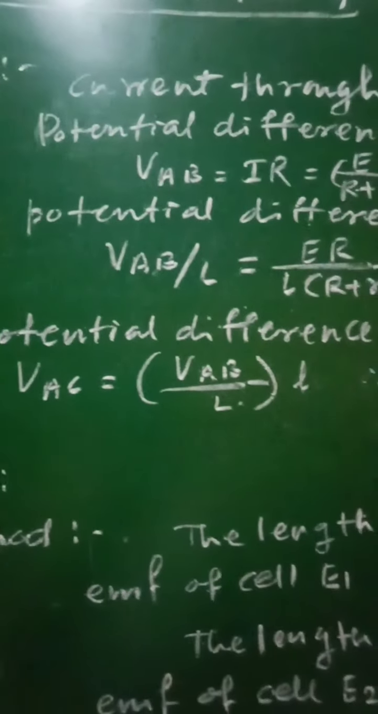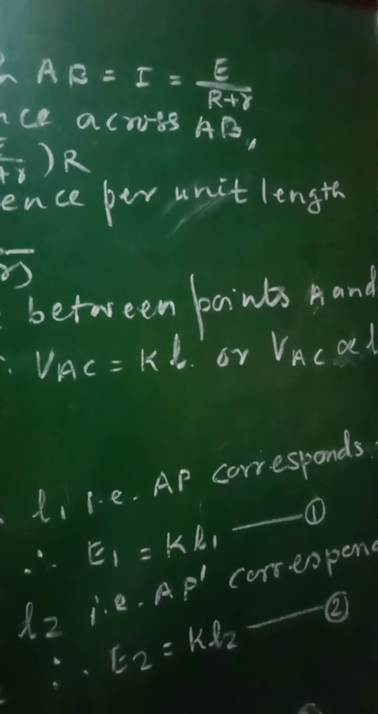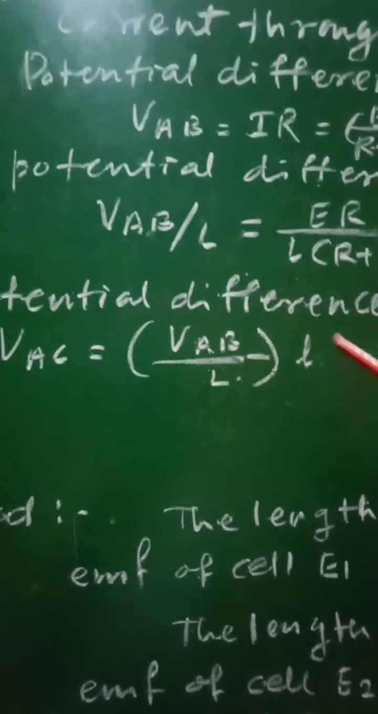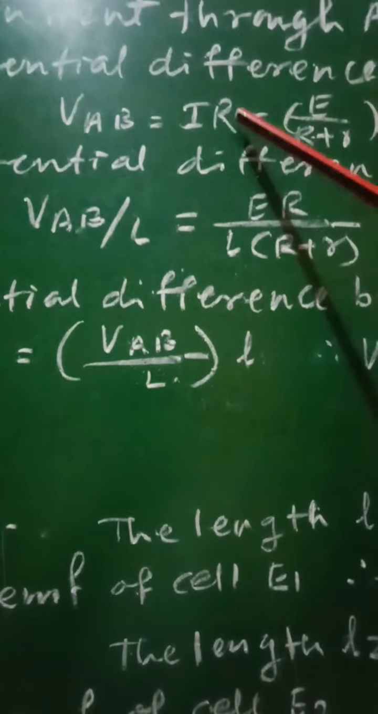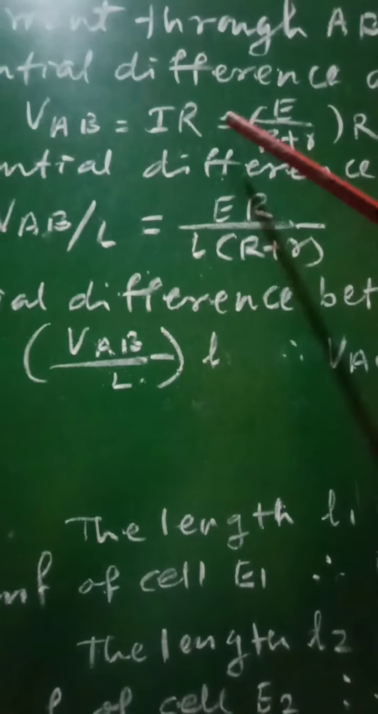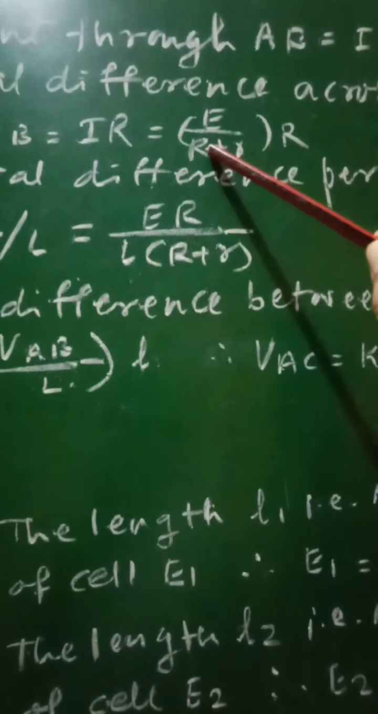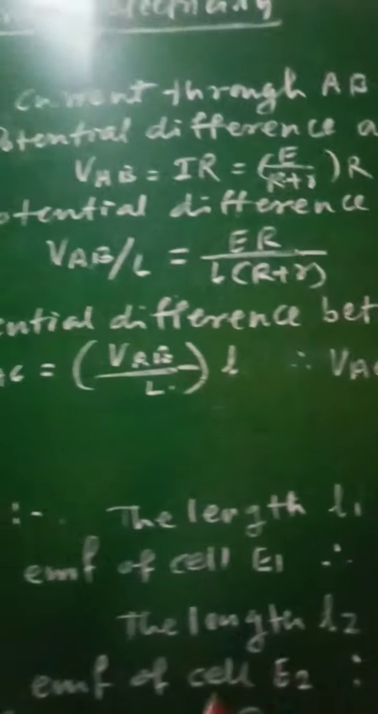Therefore, the potential difference between the two ends of the potentiometer wire AB, that is potential difference across AB, will be calculated as phi equal to IR. Here R will be the resistance of that potentiometer wire, so that will be equal to E upon R plus r into R, since the value of I is equal to E upon R plus r. Now,